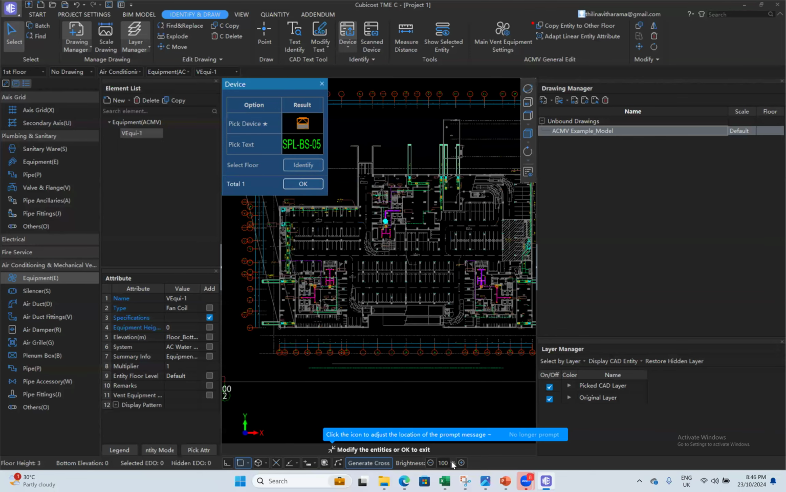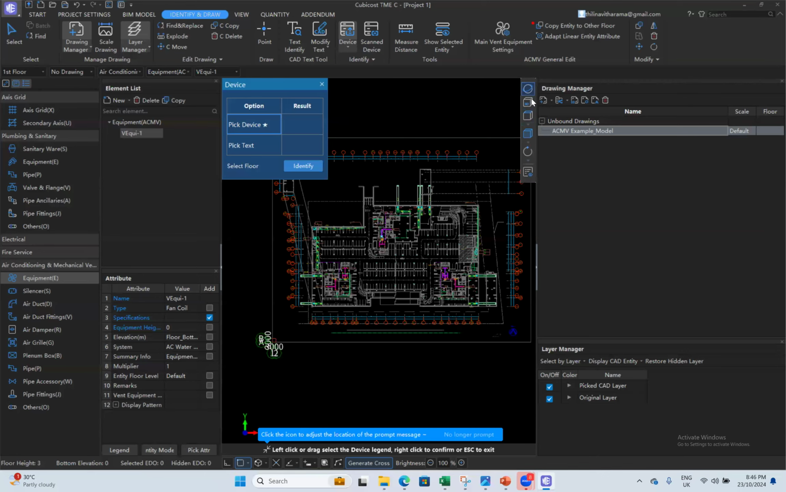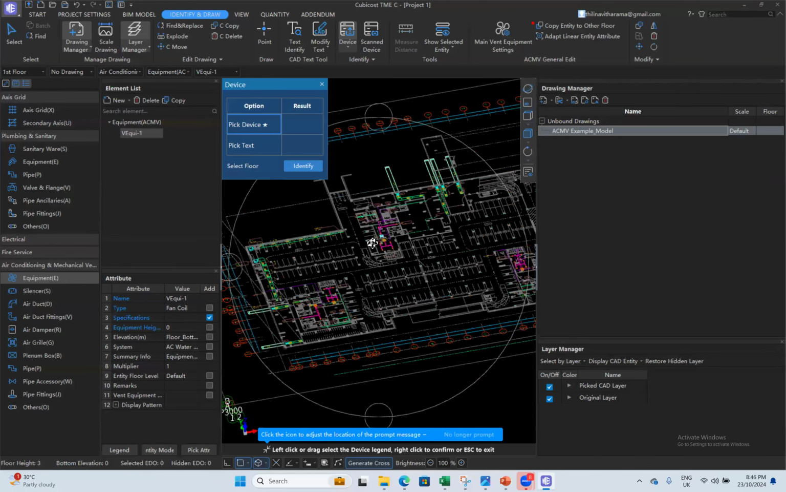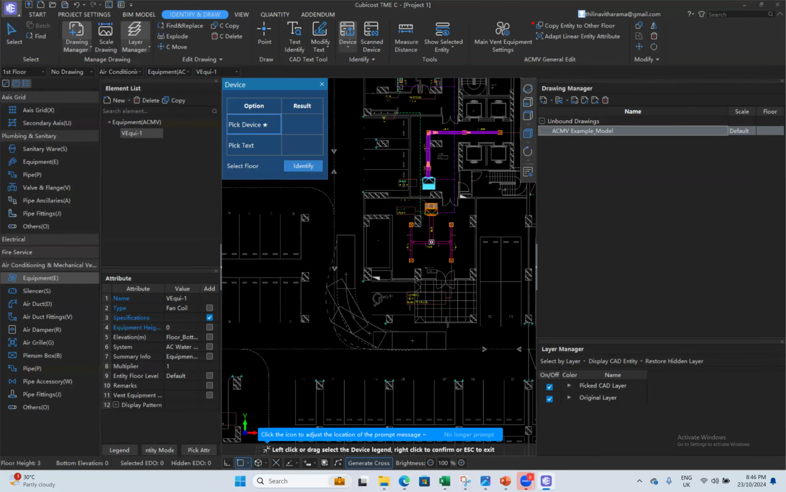See, it's very simple. So this is our TME software. Very intelligent software for quantity surveys. So yeah, now